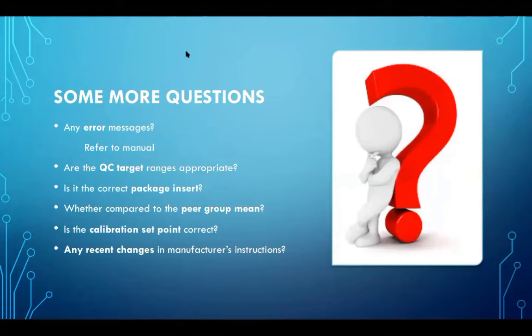And whenever you're facing any challenge, also see whether the machine is showing some error message. If there is any error message, refer to your manual and see what is the interpretation of that error message. And also see whether the target ranges you are using are appropriate. Sometimes what happens,